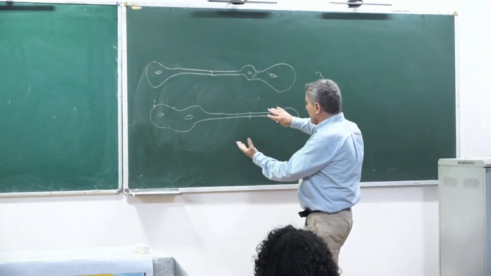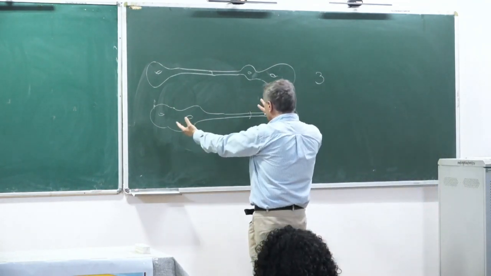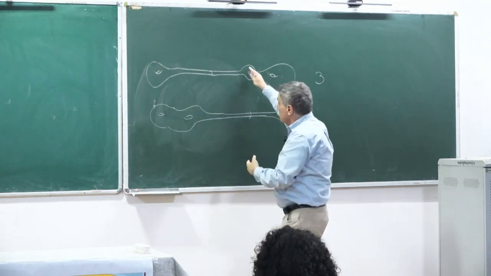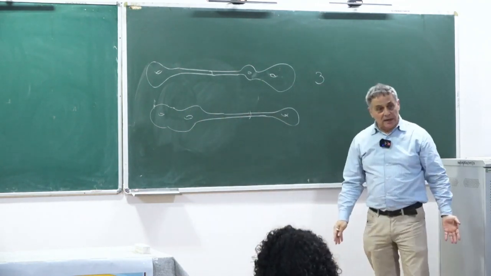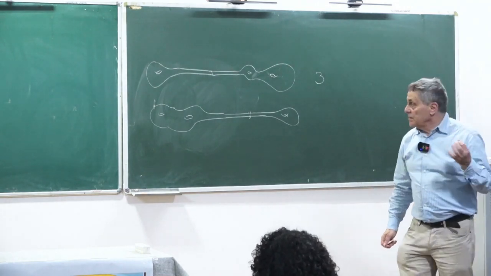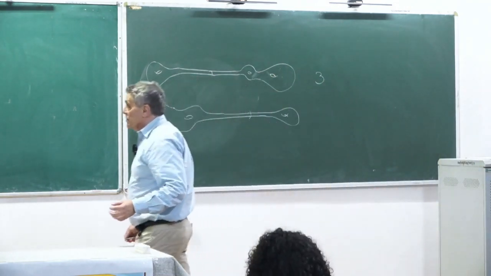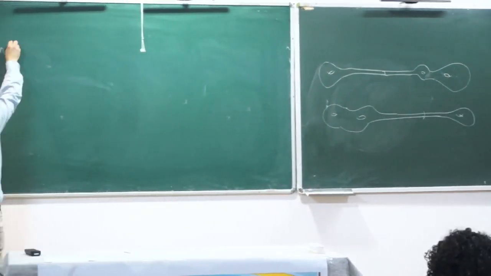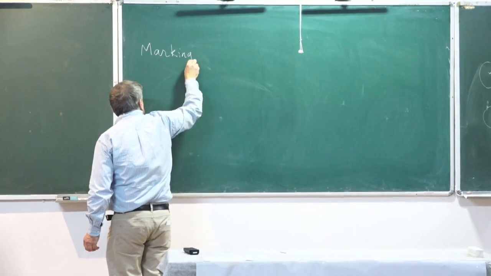Even if I turn this surface from left to right, and I can put it isometrically on the other one, they represent different points. And this is because of the following notion. In fact, there's a notion of marking